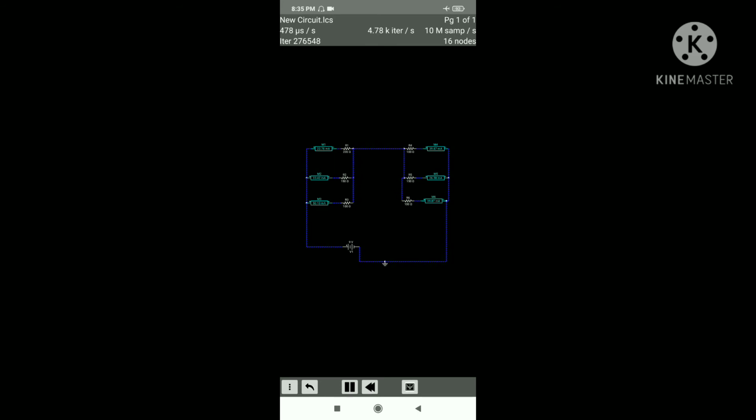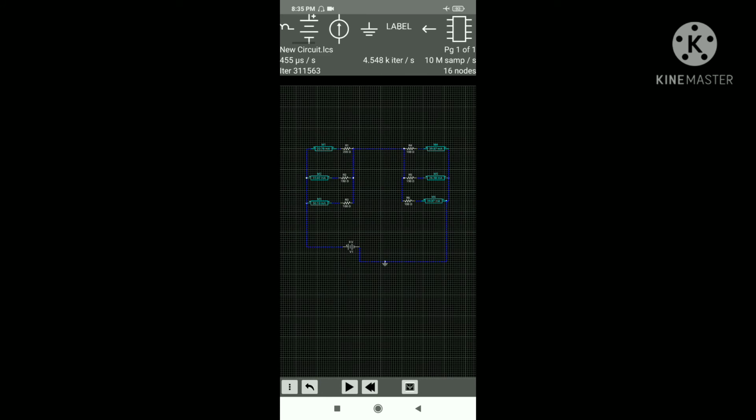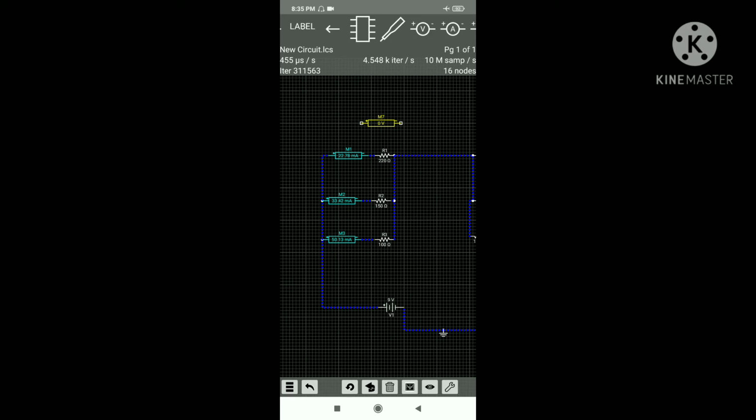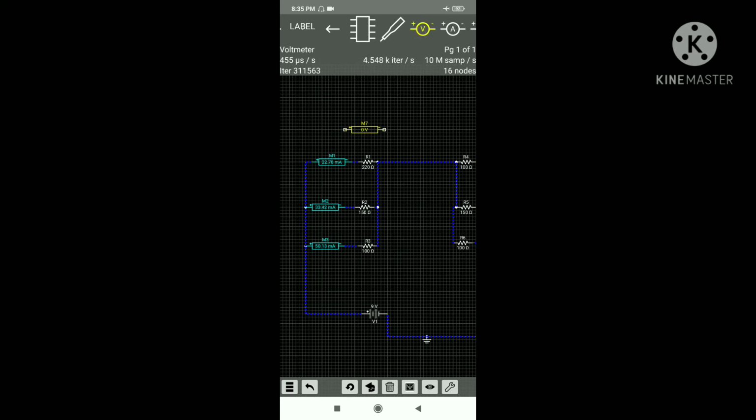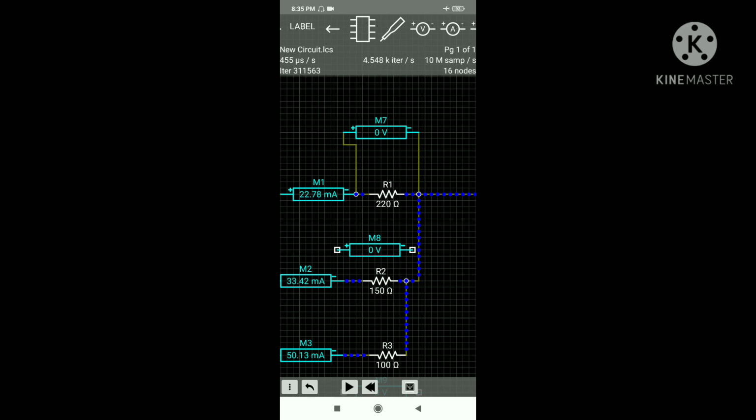Now we require to check whether the voltages in a parallel branch are the same or not. Therefore, stop this circuit and connect the voltmeter to the circuit. This is the voltmeter, as we require to check whether the voltage across the parallel circuit is the same or not. See here, across all the resistors we require to calculate the voltage. Connect the voltmeter in parallel to the resistors. Similarly, this can be connected across R2,